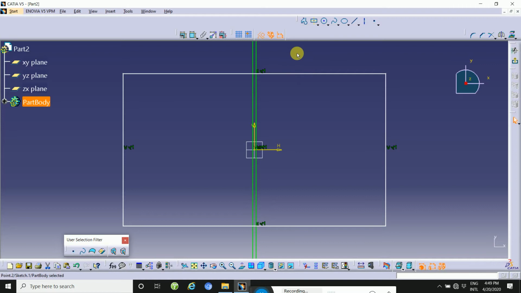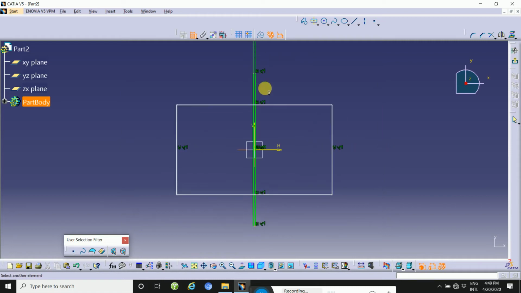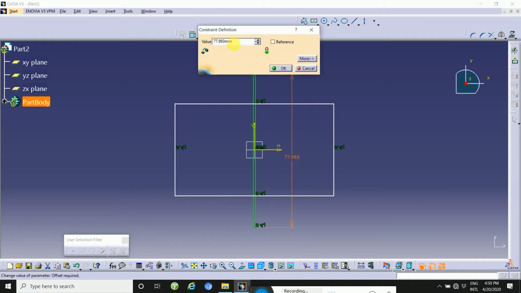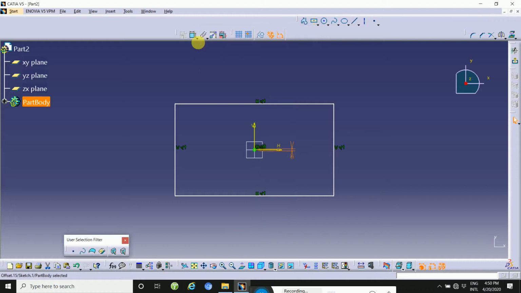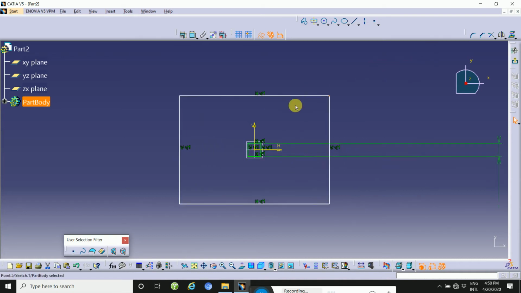Take here 1 mm, and then also resize this rectangle.